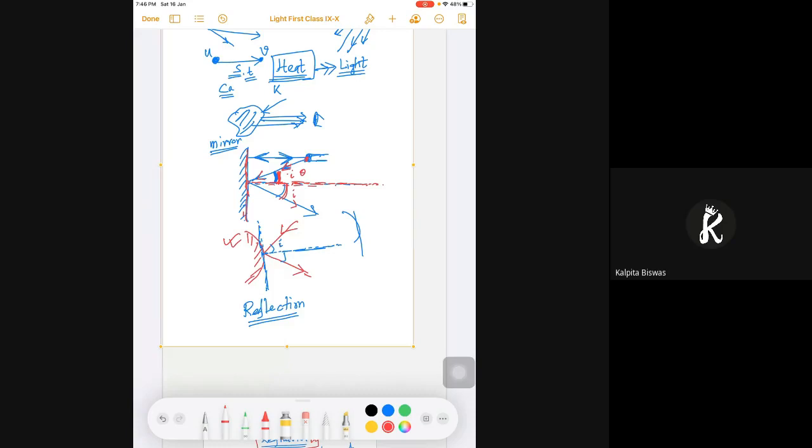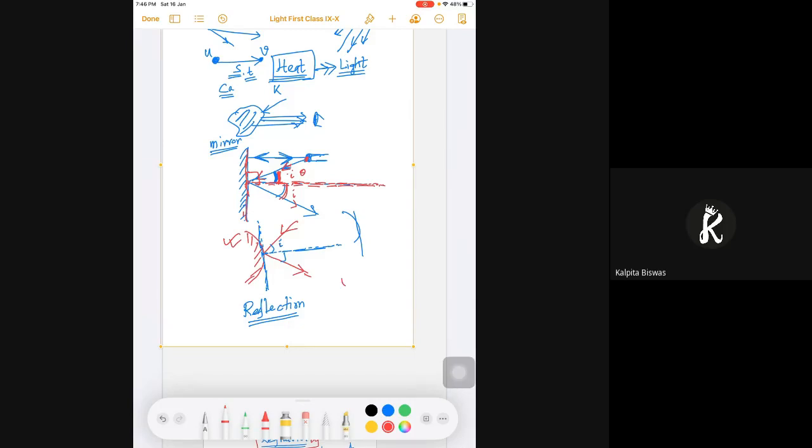And how do we measure that angle? We have to just draw a perpendicular to the reflector. The perpendicular means it will be 90 degrees. So now if this angle is I or theta, normally in case of light we put I, and then the angle of reflection will be I. How do we measure? We measure with the perpendicular to that surface, not from that surface, on the perpendicular. So that is the point to remember.